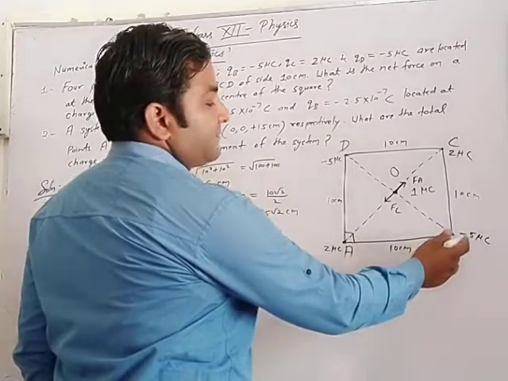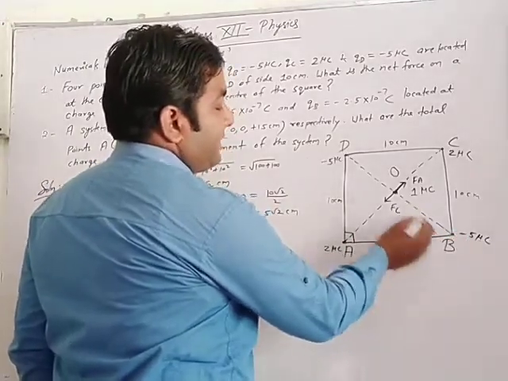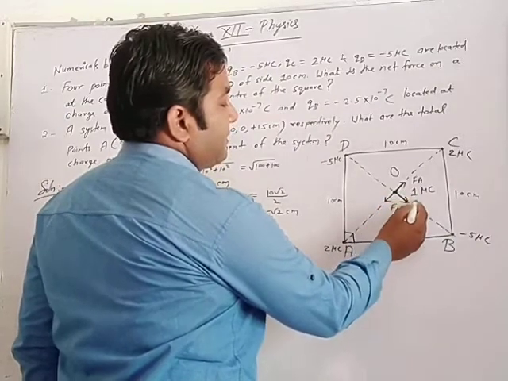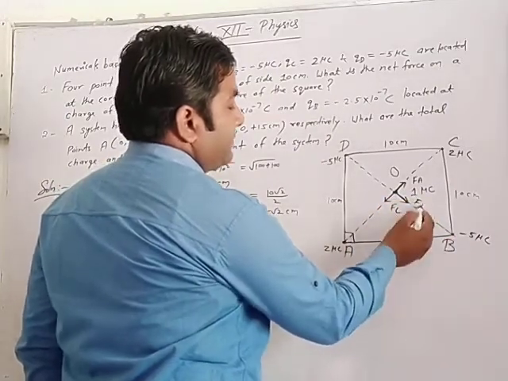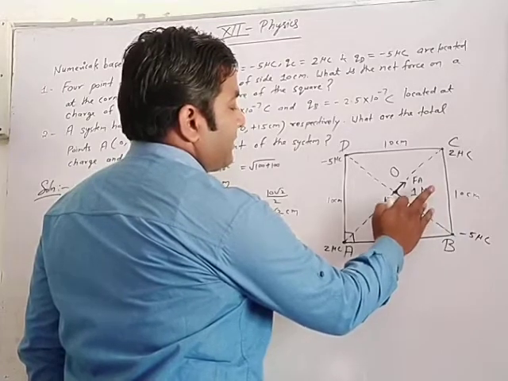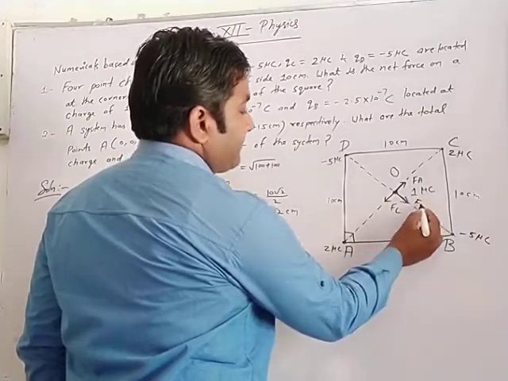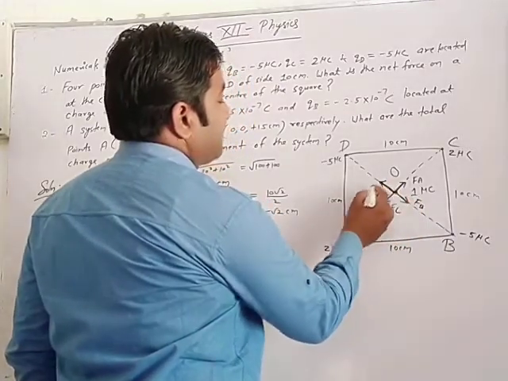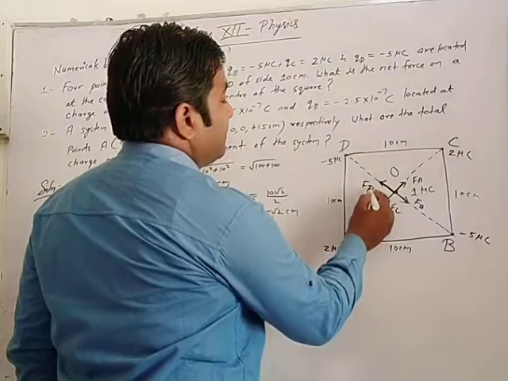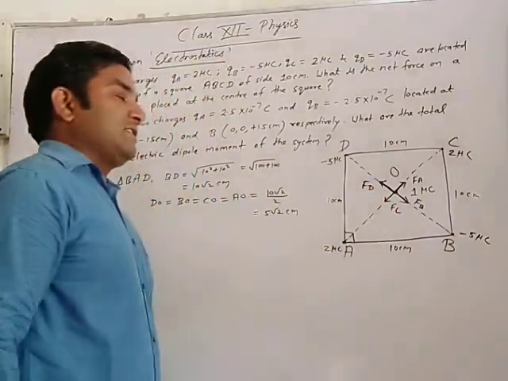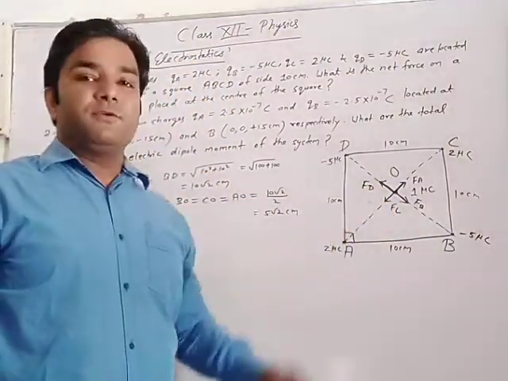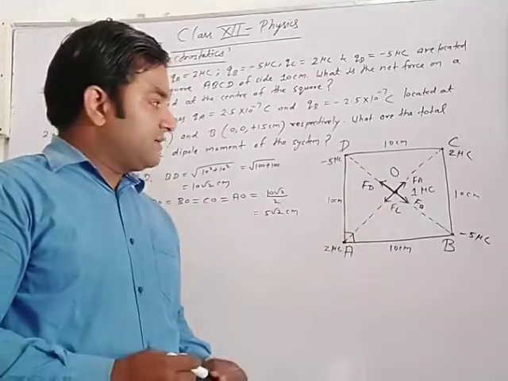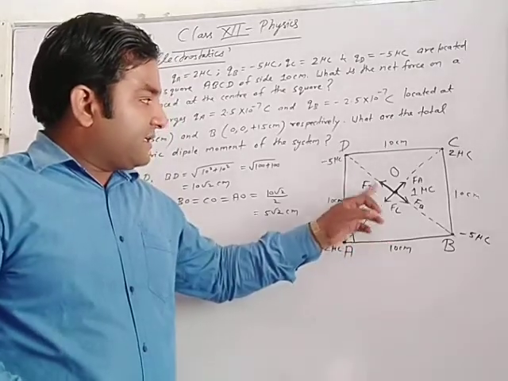And due to the minus 5 microcoulomb charge at point B, here minus and here plus, so it attracts towards itself. So this one is FB, and same along this direction, that is FD. So all the force directions are clear. Whatever their magnitudes in terms of charge, no matter, but the concept of direction gives the resultant.